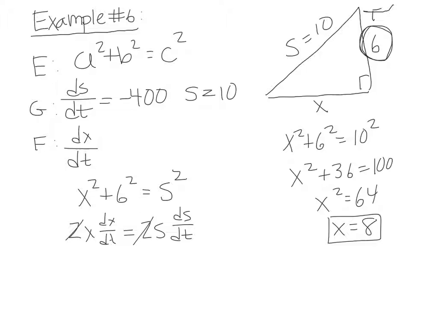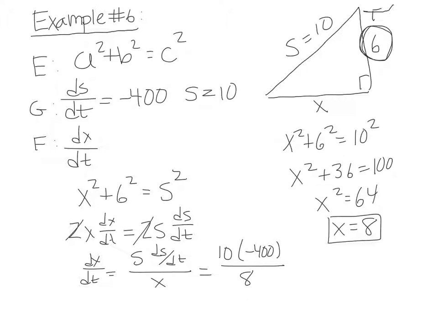And I am going to be looking for dx/dt. So dx/dt is equal to s ds/dt divided by x. When substituting those values in, s is equal to 10, ds/dt is negative 400, and x is equal to 8. So I get negative 4,000 divided by 8, which is negative 500